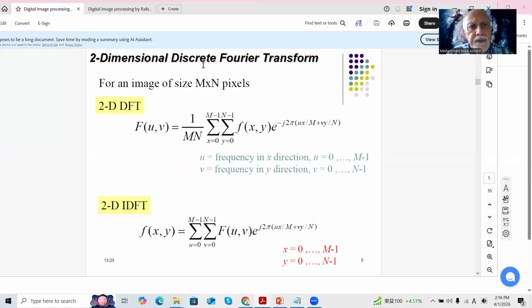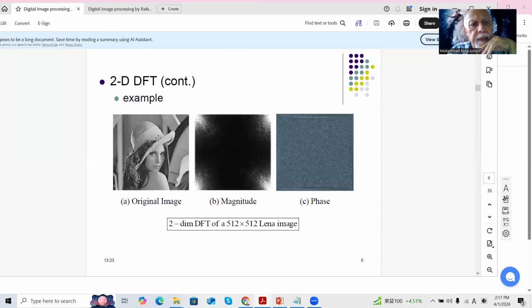For the two-dimensional discrete Fourier transform, also we have double summation, like this, where x and y become u and v. And the inverse is this. This is the discrete Fourier transform of a two-dimensional image. And this is an example. For instance, we have the Nina image, the original image, and its magnitude Fourier transform, and its phase image, the phase transform,